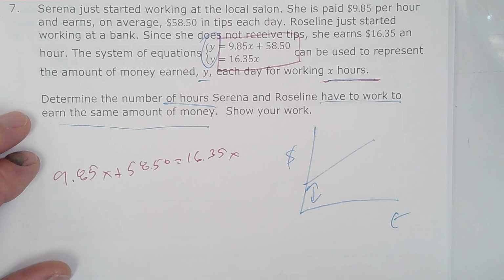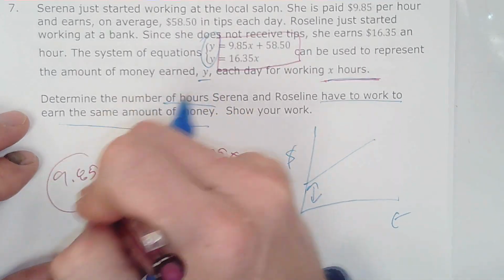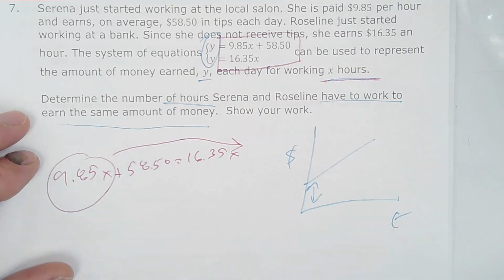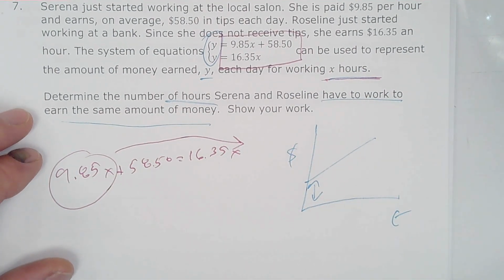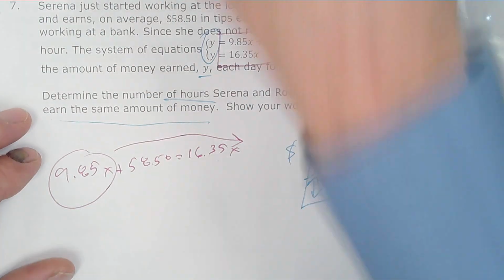So I got to solve for x. Let me move this one over here. I'm moving it to that side because this number is bigger than that number, and that way I have a positive number when I'm done. All right, so